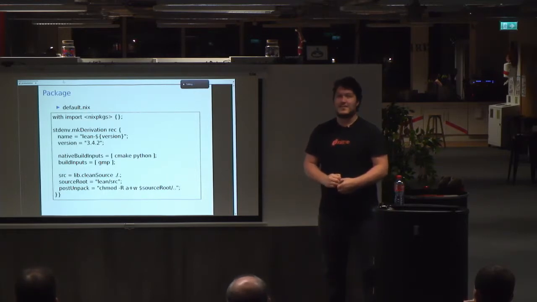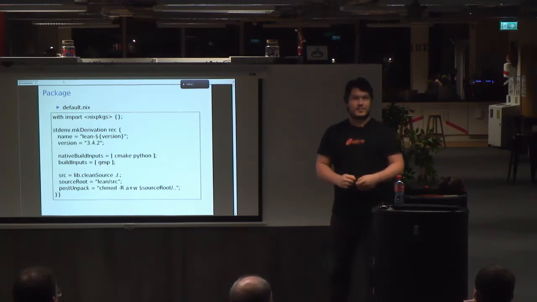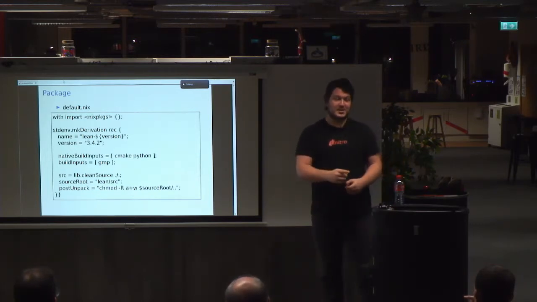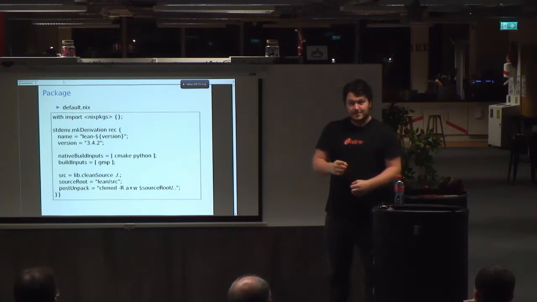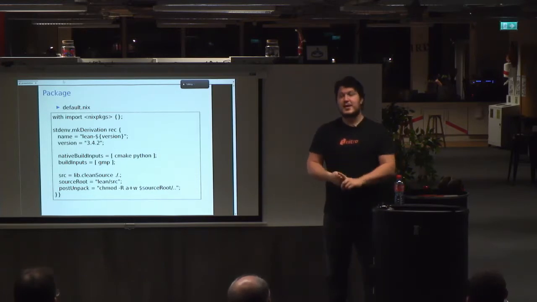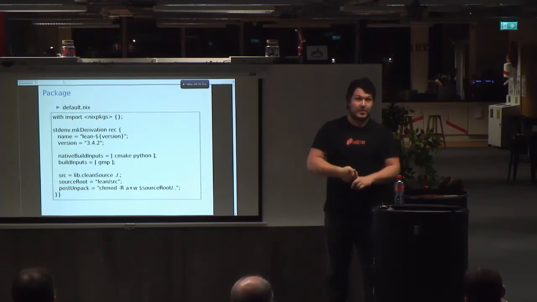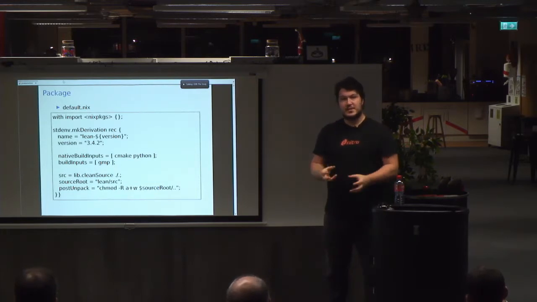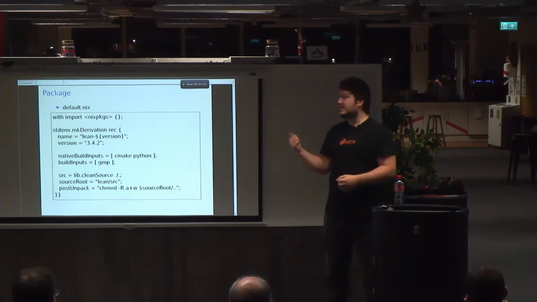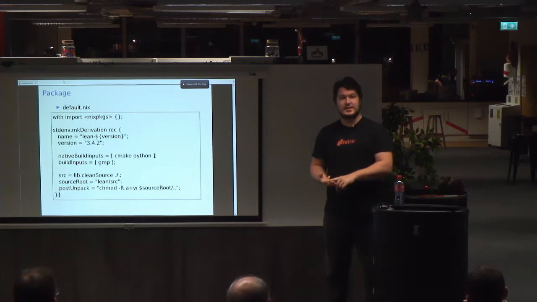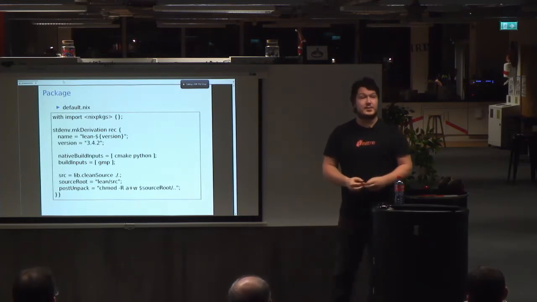The native build inputs, you mentioned CMake and Python there. Can you specify specific versions? Good question. Yes and no. Every package has a single version, but for packages where there are differences between the versions, there will be a different package name for each version. So in the example earlier, we had Clang 6, Clang 7, Clang 8, GCC 6, 7, 8, etc. And autotools and things like that also need different versions like that.